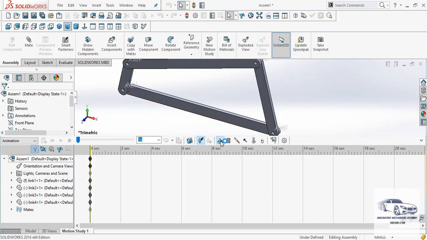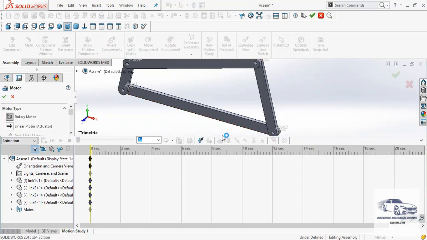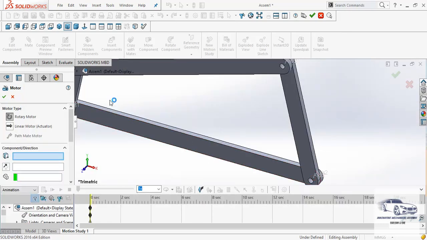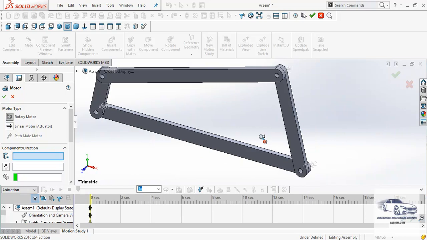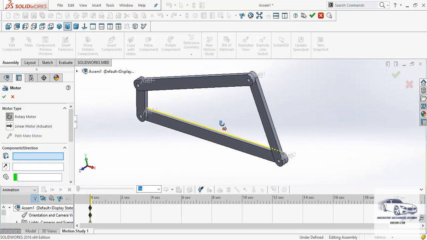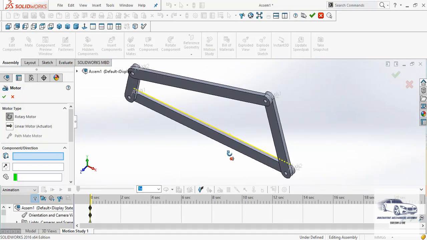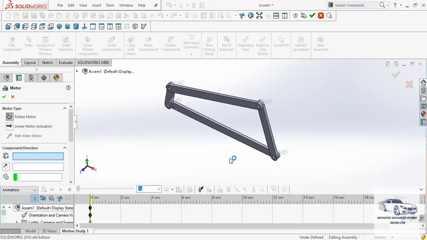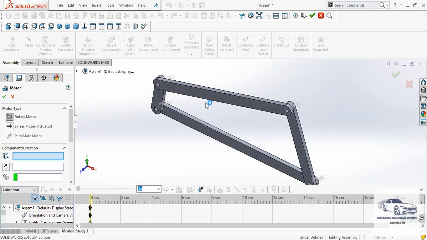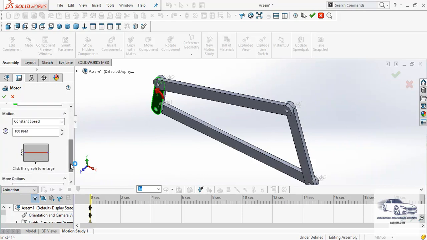servo motor. In this example, links 2, 3 and 4 are all connected with respect to each other. So for example, if we provide rotation to one of the links, then the other 2 links will automatically rotate. So here I will select link number 2 and assign it an angular velocity of 36 revolutions per minute.